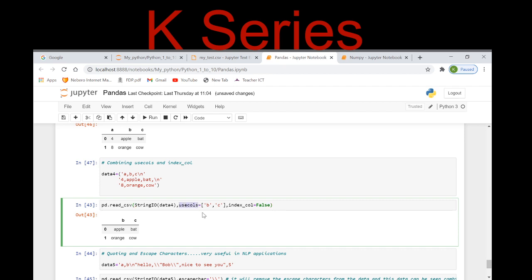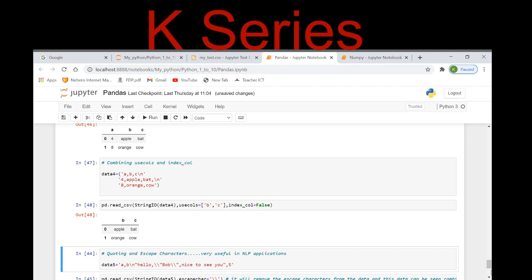Use columns means I am using my preferred columns. Now my preferred columns are only B and C. Now it will show only those columns which I am interested in. So here I have taken B and C columns, and my index column is false again, so it is not considering an index as a separate index. If I execute, see here.